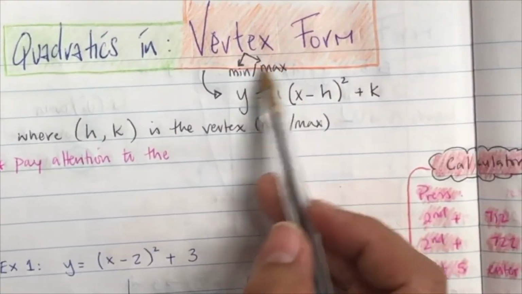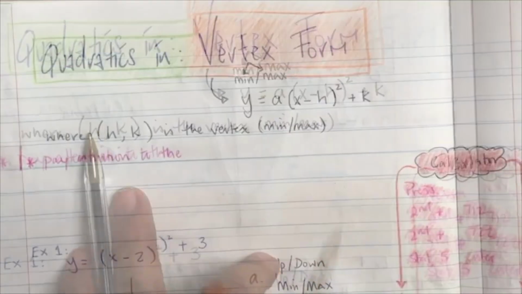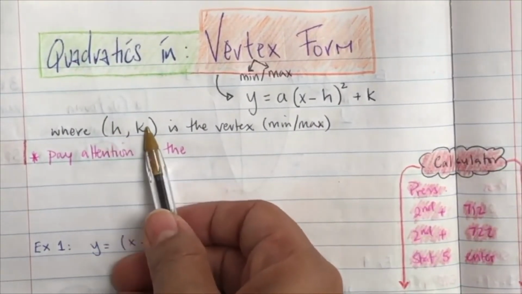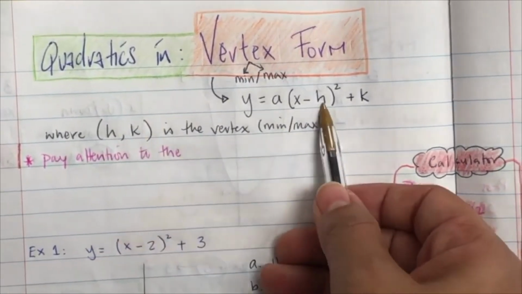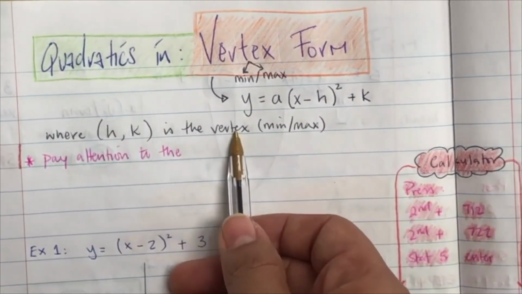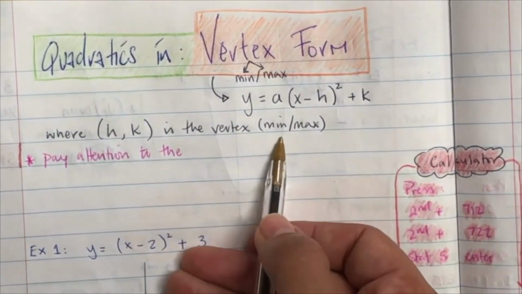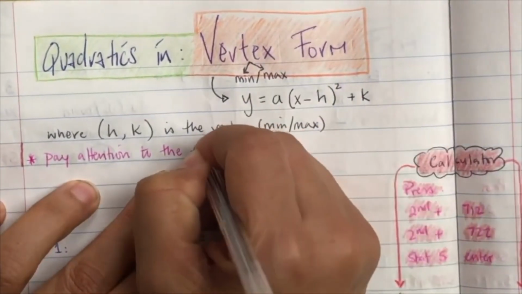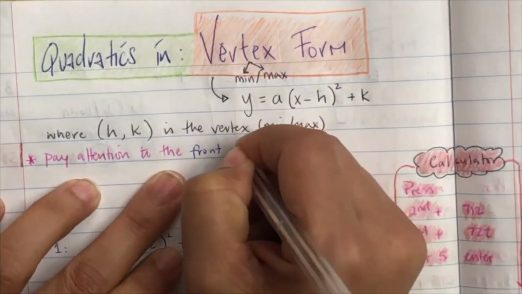When you do vertex form, you're really finding the minimum or maximum, where h and k, so you see parentheses, h is x, k is y. So h and k is the vertex, okay? It's the minimum or the maximum point. Now you need to really pay attention to the front. This is a listening check. Color and pay attention to